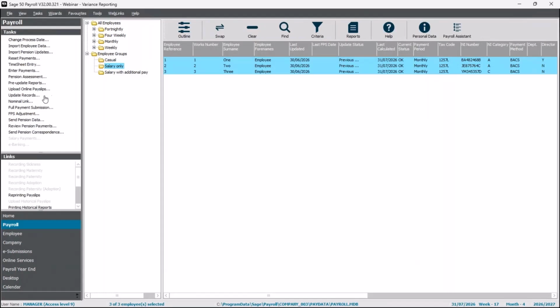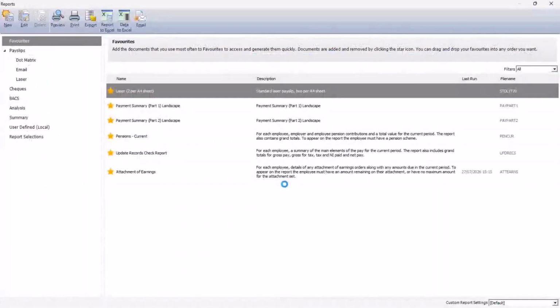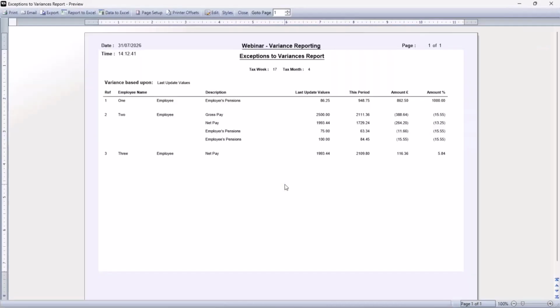So at this point, I would usually run the pre-update reports, so I'm going to go into that now. And because we selected that box in the variance settings, if variances are found, you'll see this prompt asking you if you want to run the report now. And if I click yes to this prompt, you'll see it's taken me into the pre-update reports, and straight away